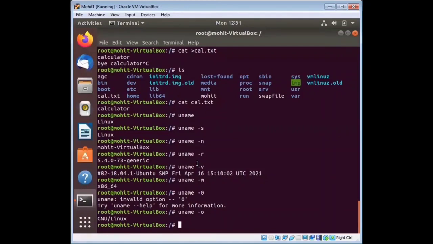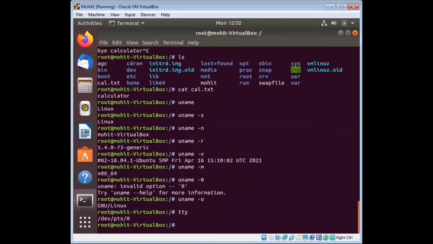So the next command is tty. What does it mean? It prints the file name of the terminal connected to standard input. I repeat, the tty command is basically used to print the file name of the terminal connected to standard input.